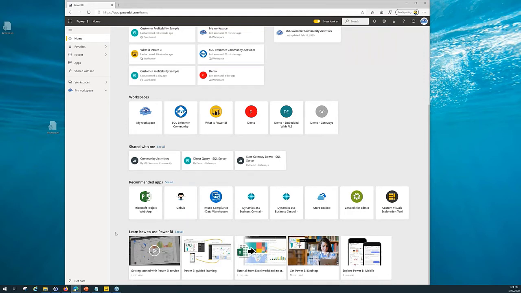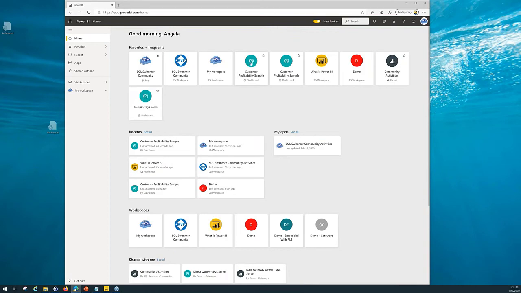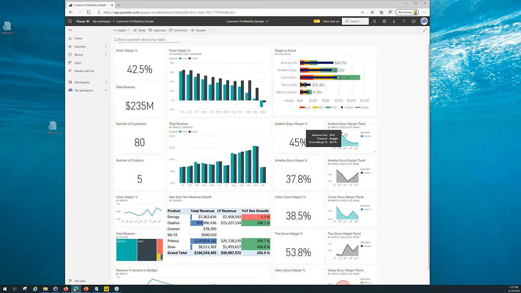And then they have these cool learn how to use Power BI. They have all of these different guided learnings and tutorials down here. So if you want more information, right here is a really good place to start. So let's go ahead and take a look at a dashboard that I've got out here. You can kind of see all of the different things that are out here. That was just exactly from my slide.